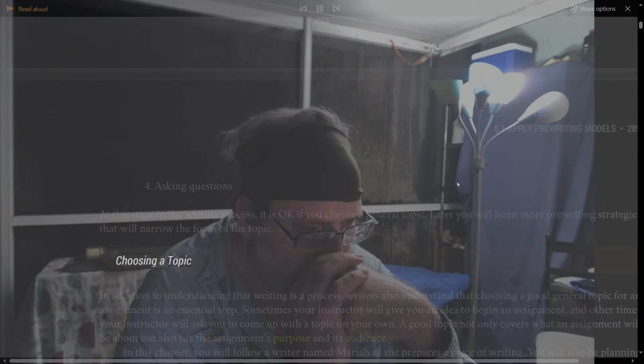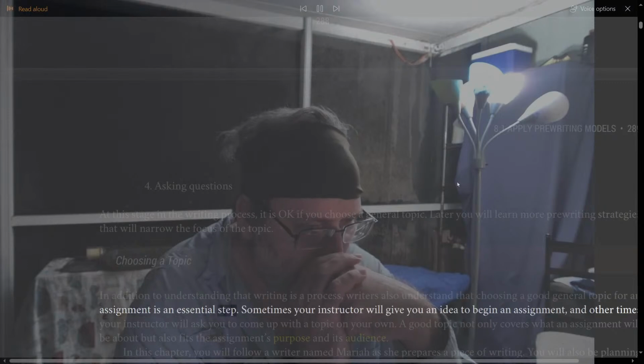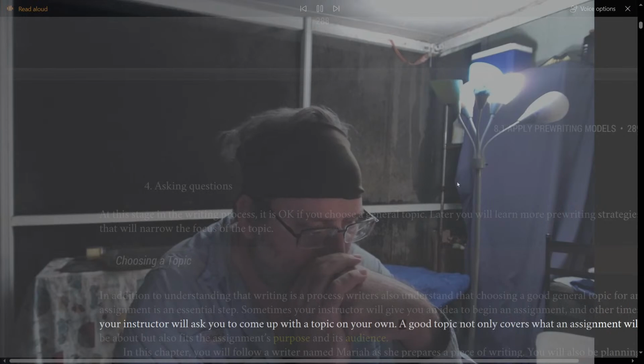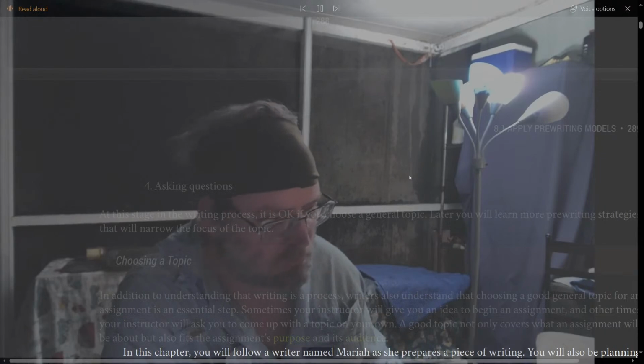Choosing a topic. In addition to understanding that writing is a process, writers also understand that choosing a good general topic for an assignment is an essential step. Sometimes your instructor will give you an idea to begin an assignment, and other times your instructor will ask you to come up with a topic on your own. A good topic not only covers what an assignment will be about but also fits the assignment's purpose and its audience. In this chapter, you will follow a writer named Mariah